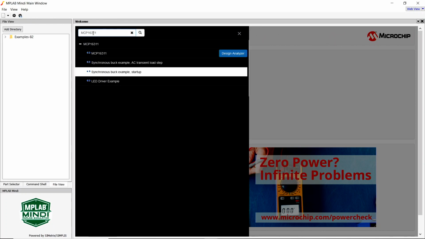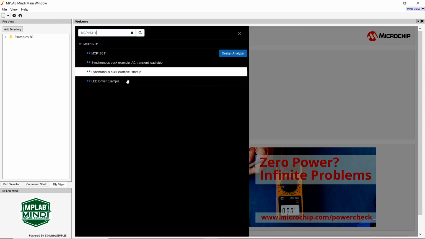So MD, why the MCP16311? It's because the 16311 is a nifty, compact step-down converter. And my colleague Bogdan ran a case study where he compared the results from the lab bench to the Mindi simulations. The real reason for that is to provide users with evidence so they gain some confidence in their designs, so that they can start with the Mindi simulator, complete their designs over there, and then move on to